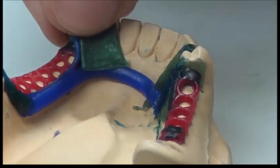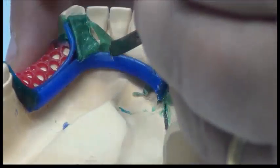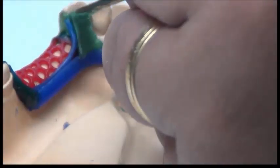Okay. So I'm making enough thickness of wax to make me a plate. I cut the excess of the canine. I also bevel the part joining the major connector. And notice that the junction with the major connector is a curve. I'm trying to remove the excess here. Okay. And notice that now I have the plate